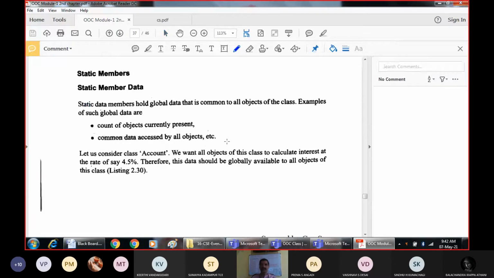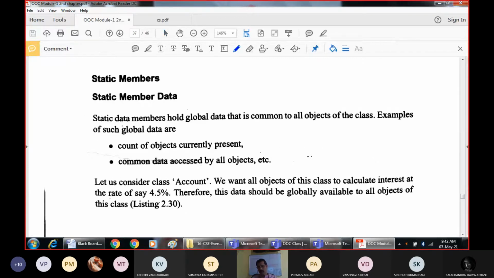Static data members can also be assumed as global data, because in programming we have two types of data when we are executing functions: the local data and the global data, or in other words, the local variable or the global variable. A local variable is accessible only within the function, whereas a global variable is accessed by all the functions present in the program.